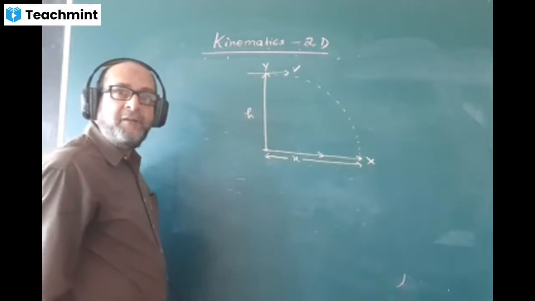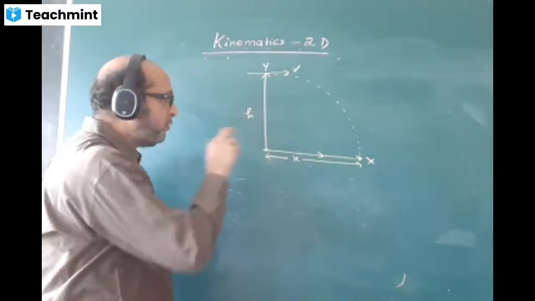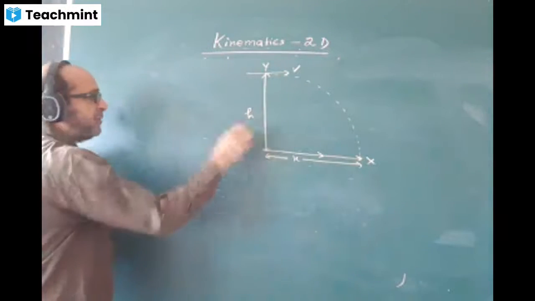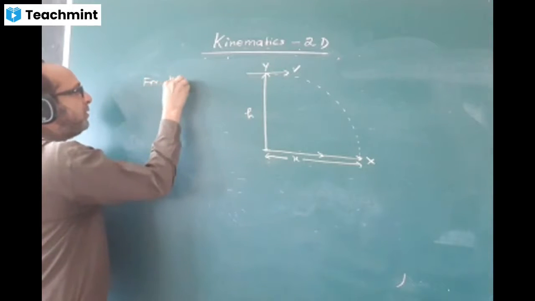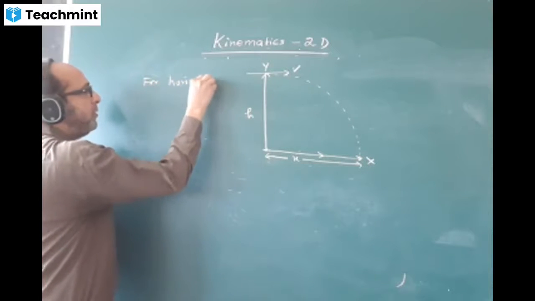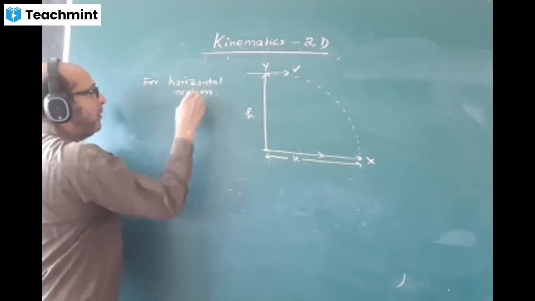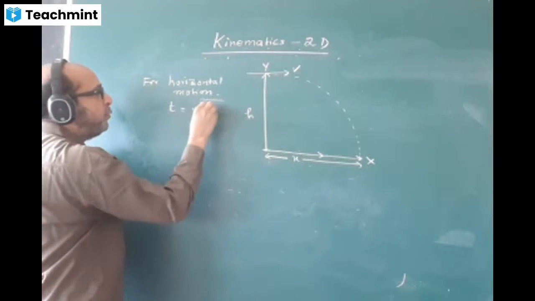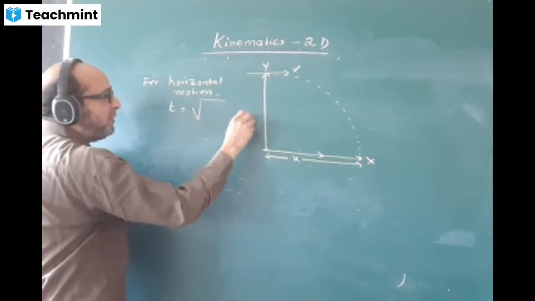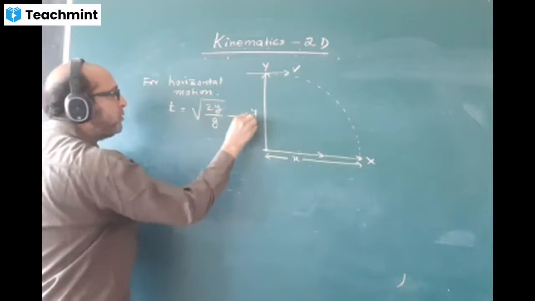In this case also we can find the equation and show that the equation is a parabola. Let us find time first. For vertical motion, what is the formula of time? If you remember, it was root of 2h by g, but this h will be the same as y. I write that t is 2y by g. Mark it equation 1.